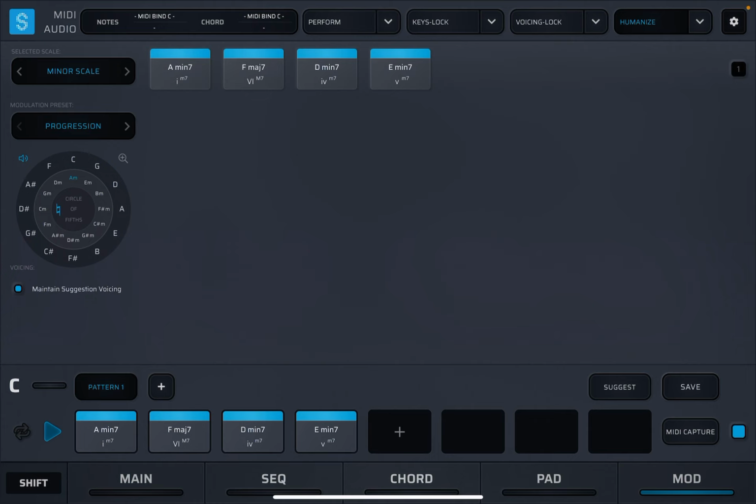So you'll notice at the top, my selected scale is A minor. It's the first chord in the scale. And there's the 4 chords that we looked at earlier: A minor 7, F major 7, D minor 7, E minor 7. So what is this wheel to the left that says progression? Well, it's a modulation preset that helps you to be able to figure out how to transition into a different